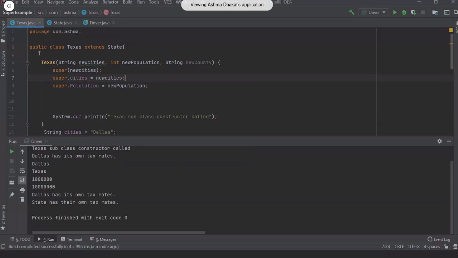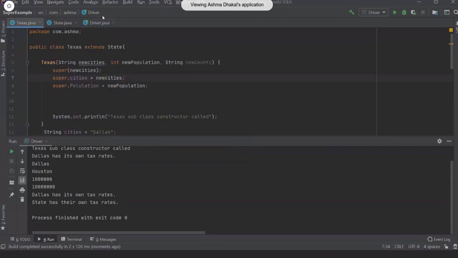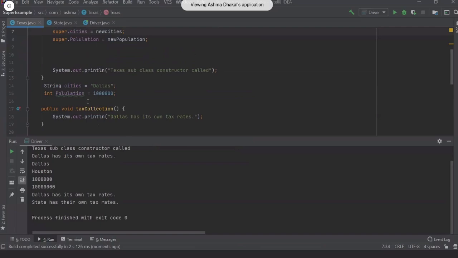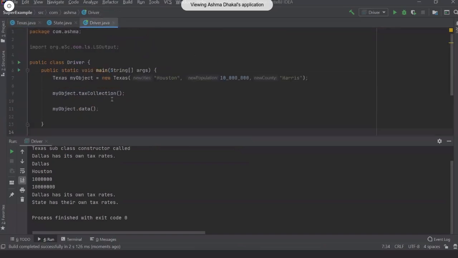Okay, let me run it now. It should give me Houston. Yeah, so I've got Houston here because it's set in Houston in my subclass. It set the value that was passed in the driver class to the cities, and I got 1 million and 10 million from the data